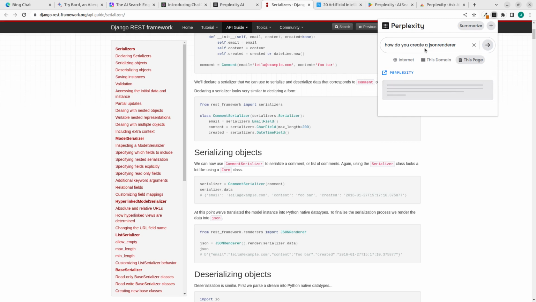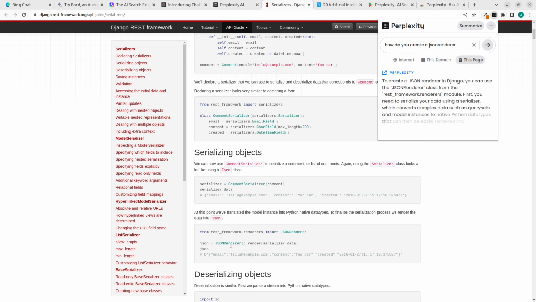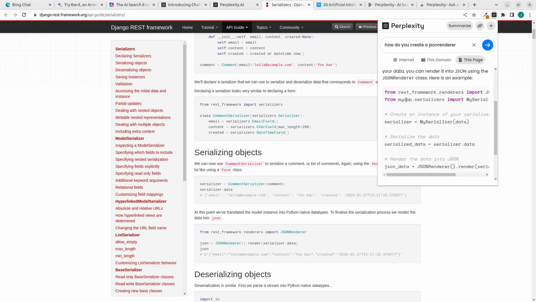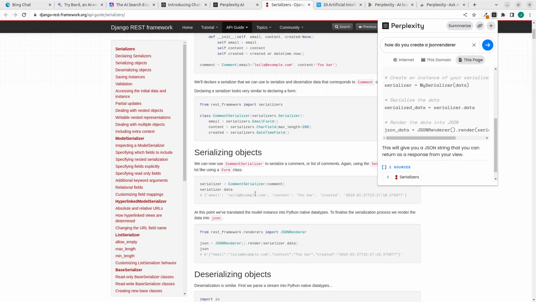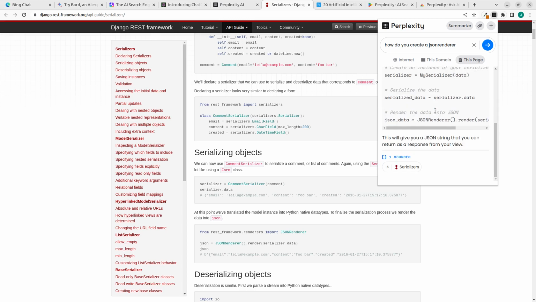Let's see. So we are hoping it's going to pick something from this. See that now it's giving us something very interesting, but it's not picking directly from this place. It is picking from this place, but it's using the LLM, the generative pre-trained transformer, to synthesize and then summarize and give you something very useful, right?